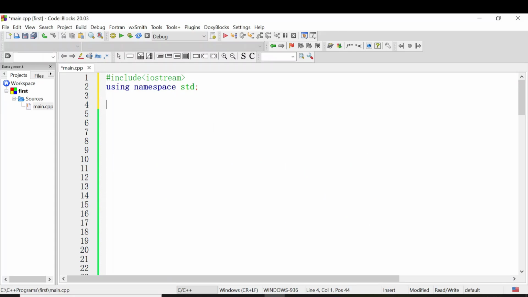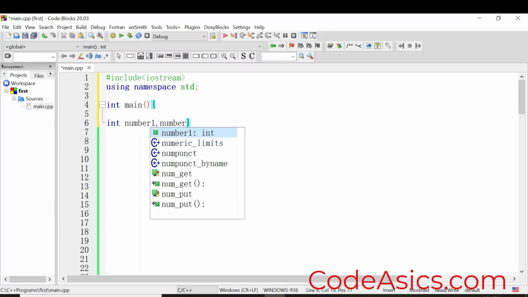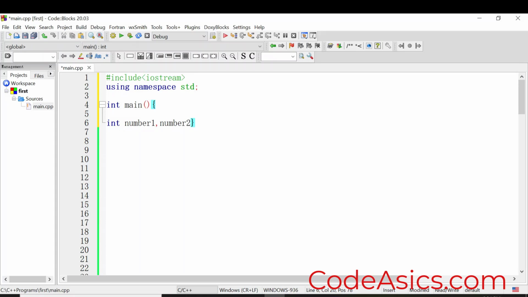After that we need to have a main function, and then we need to have two numbers. So int number1, you need to have a separator, and then number2. So two numbers are actually declared here. So I will ask the user to give me the numbers. Please enter the first number. So the first number would be entered,